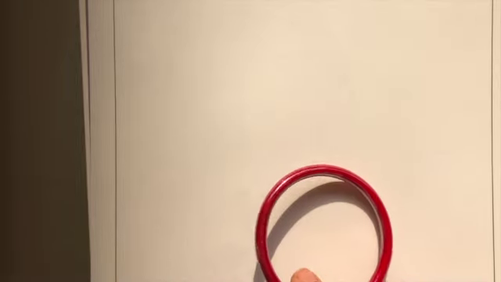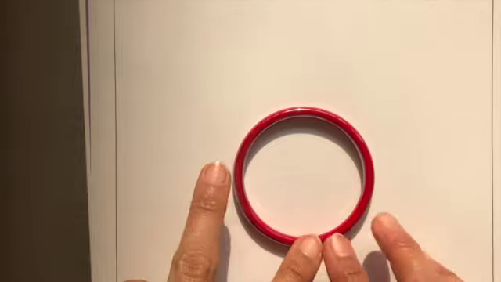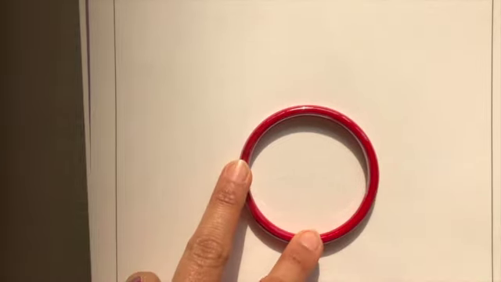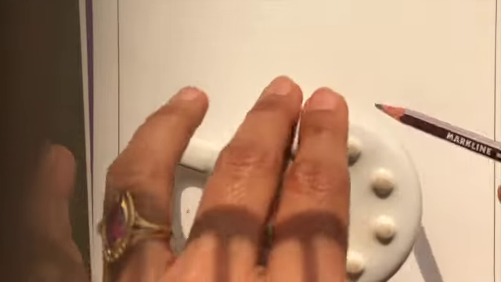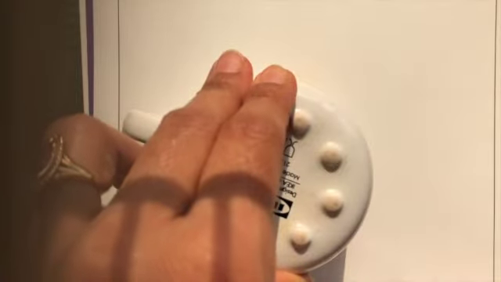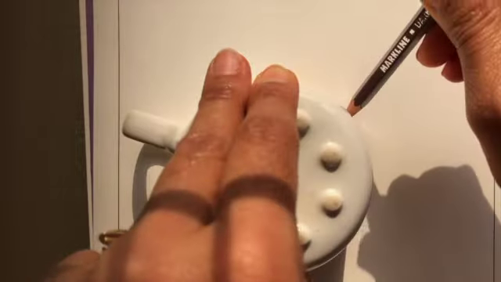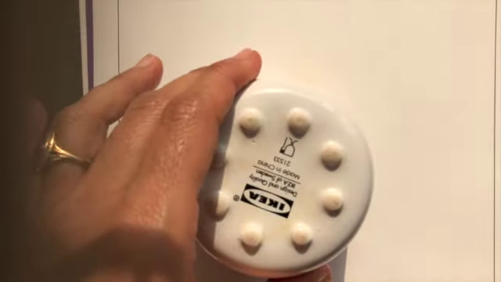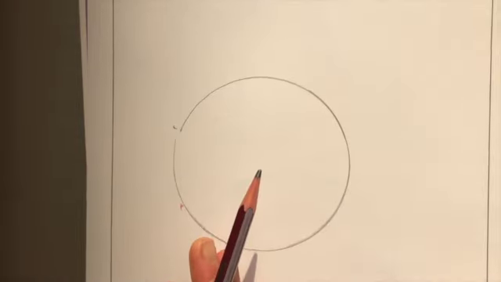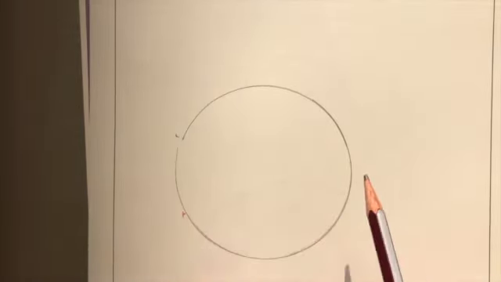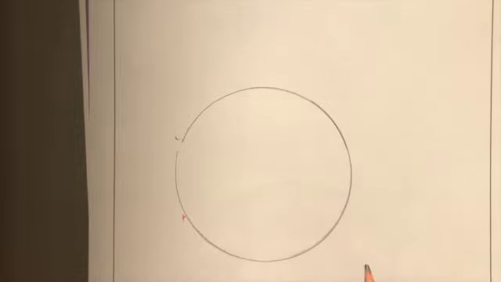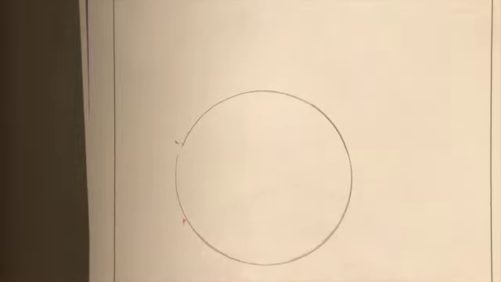As I said, we are in the lockdown period, so we may not have the stamp that we generally use for drawing the circles. Here we can use our bangles to draw a nice circle, or we can use a cup or a mug. Just remember whatever size was specified in your departments, use that size to get a circle. You should draw the circle slightly to the side of the paper so that you will be able to draw the labeling later. So this is the nice circle that we got.